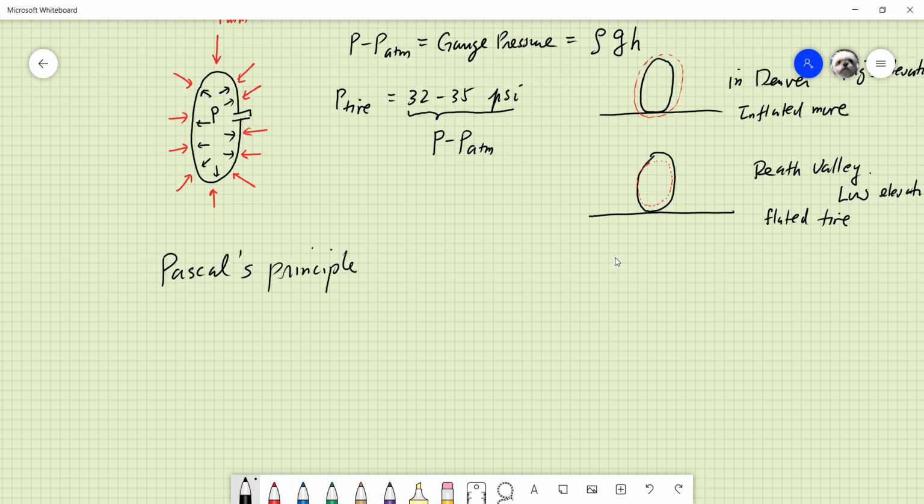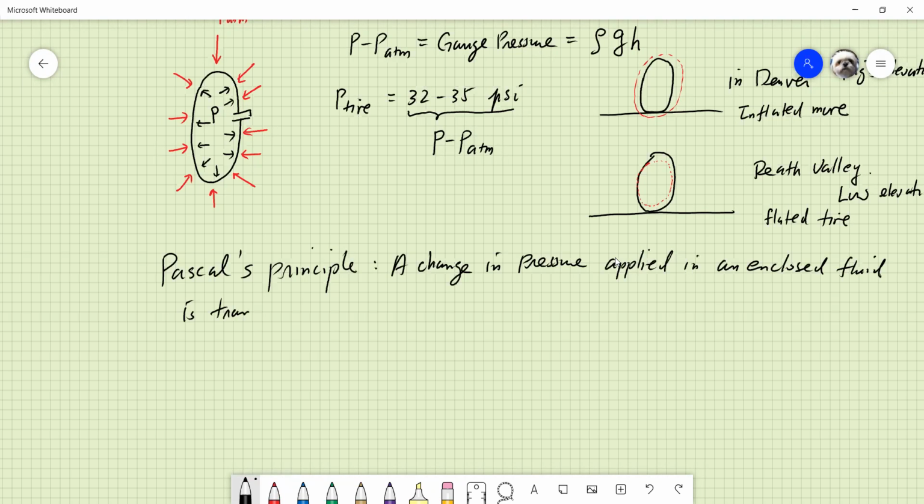Pascal principle says that a change in pressure applied to an enclosed fluid, so the fluid inside an enclosed container,